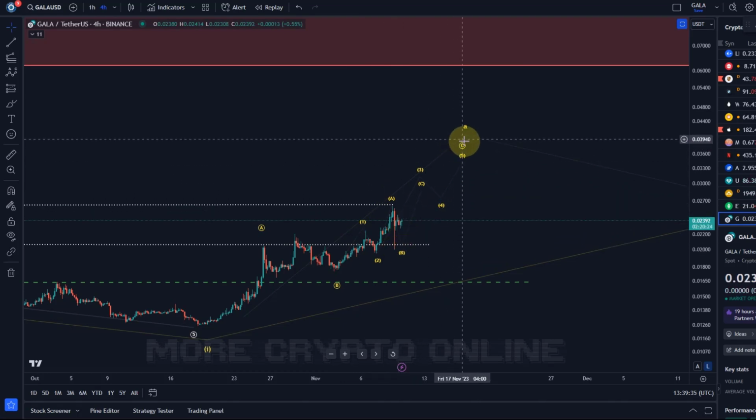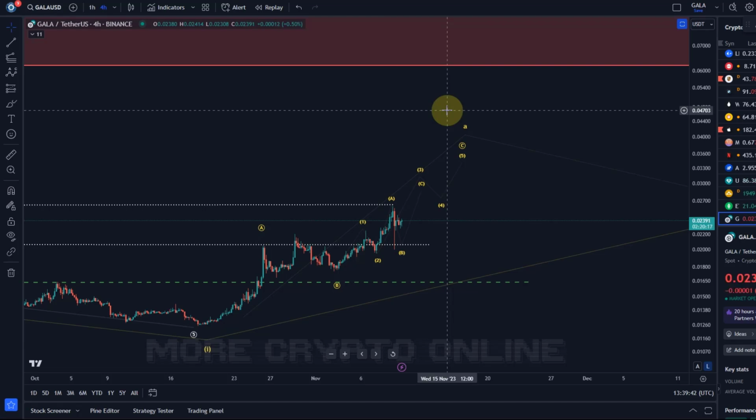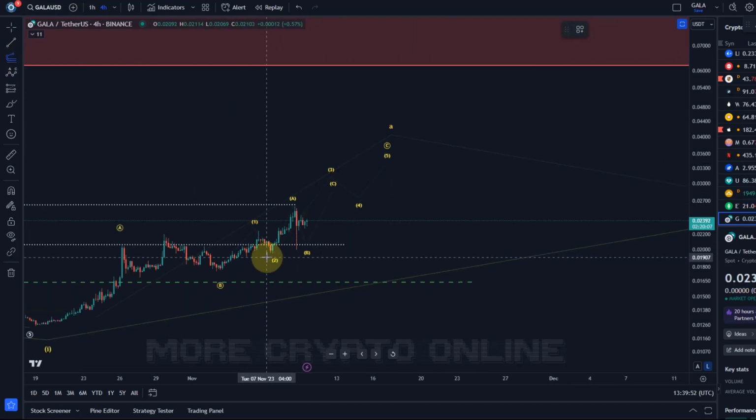But we need to consider that the C wave often unfolds as an ending diagonal in crypto. So I'm first of all going to track it as an ending diagonal, which means that we have completed a 1-2 and then an AB, and we could now be moving up in wave C. And in this wave C, we would like to have the price move,